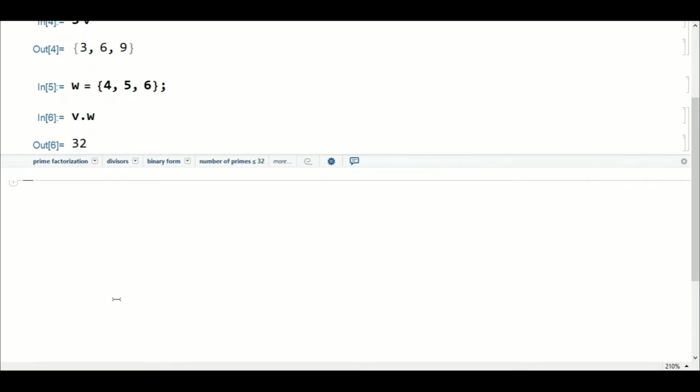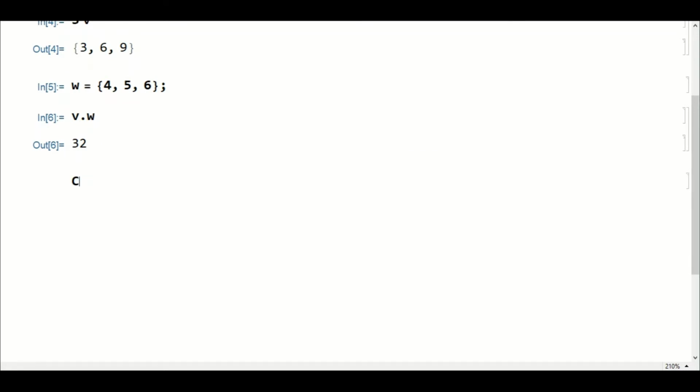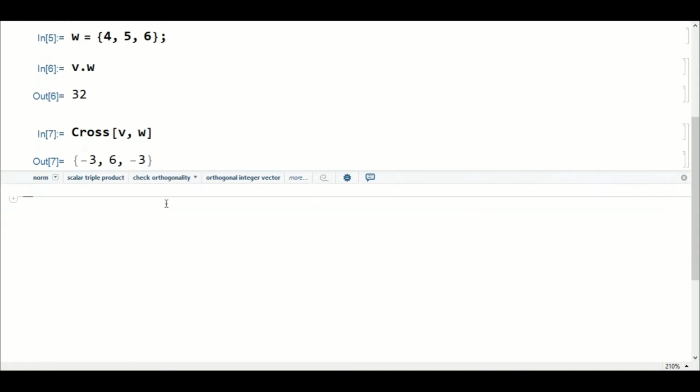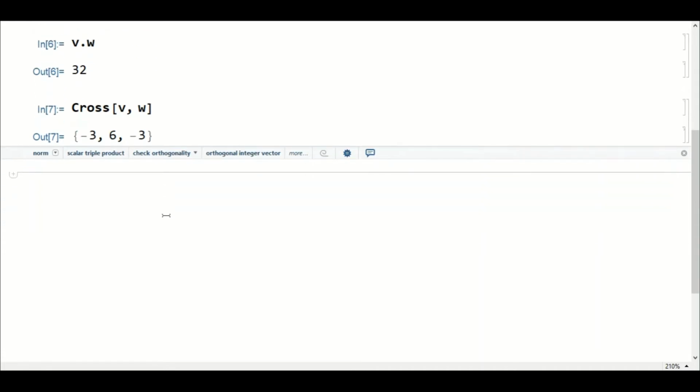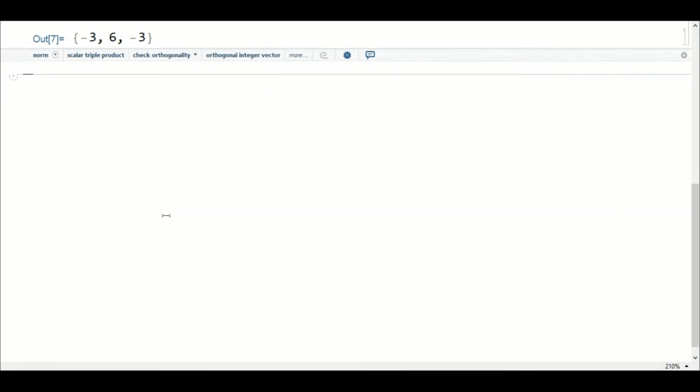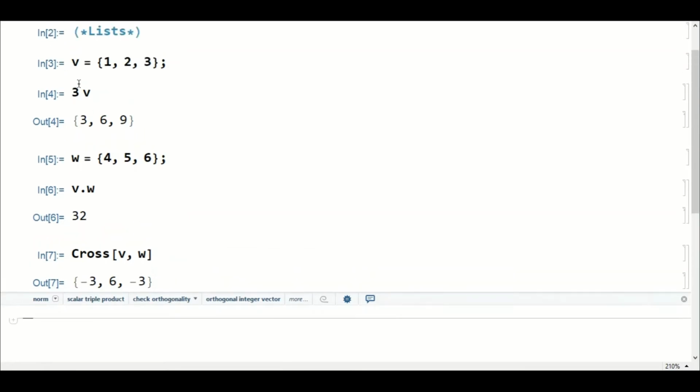But if I want to take the cross product between both of these, then I will be writing Cross, and v comma w. So it is v cross w, and the answer is -3, 6 and -3. As we know, the cross product of two vectors is a vector itself.